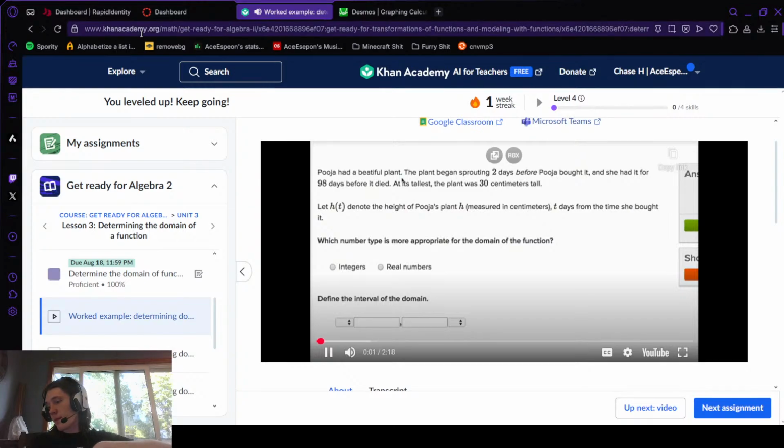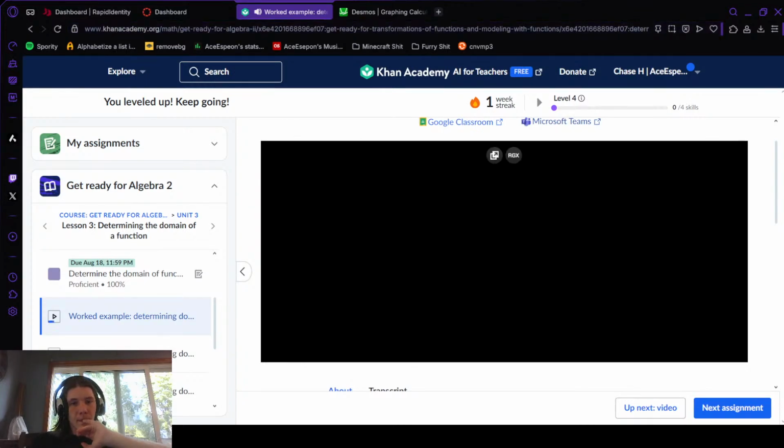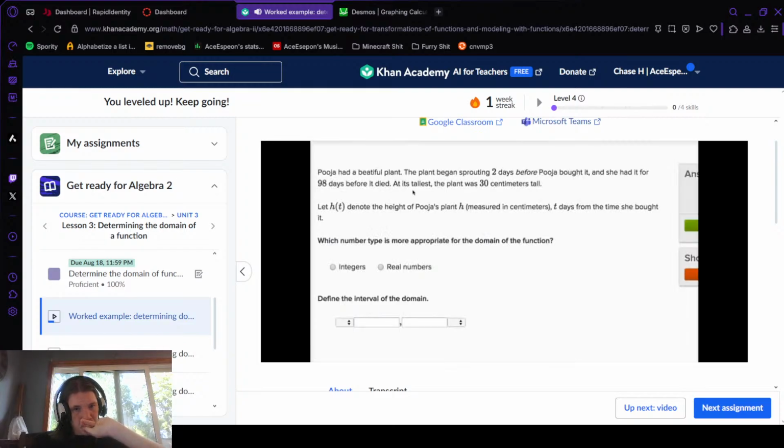Pooja had a beautiful plant. The plant began sprouting 2 days before Pooja bought it, and she had it for 98 days before it died. At its tallest, the plant was 30 centimeters tall. All right. Let h of t denote the height of Pooja's plant h measured in centimeters, t days from the